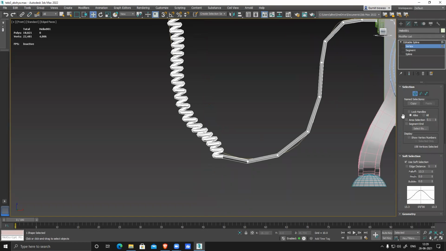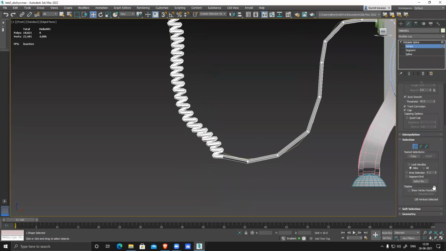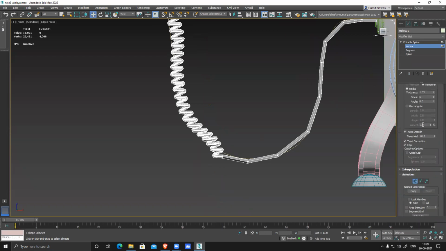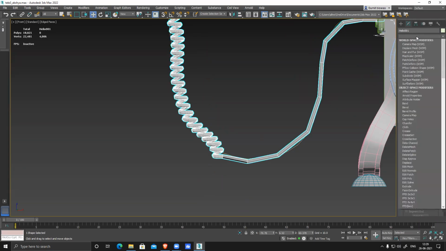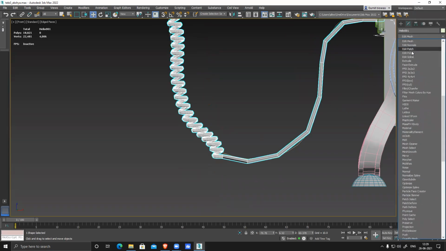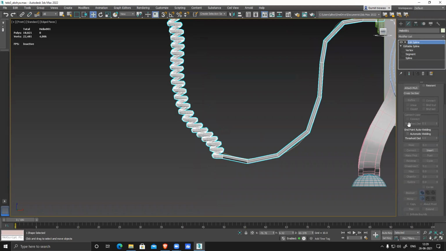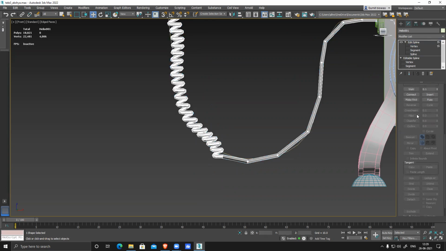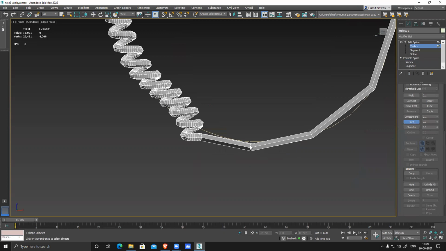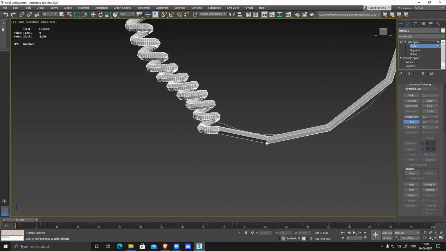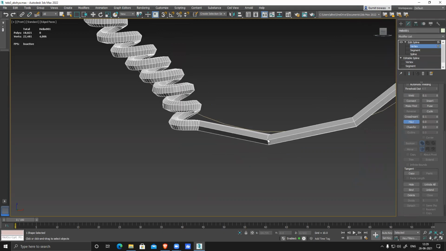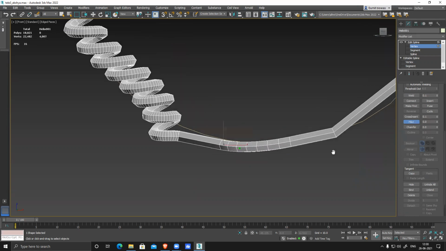Or I can see here, there's something called fillet. We have this option, edit spline. You can see vertex, front. We make it smooth and clean.